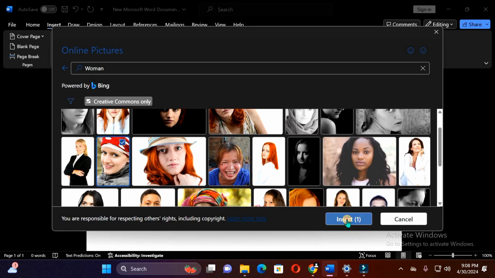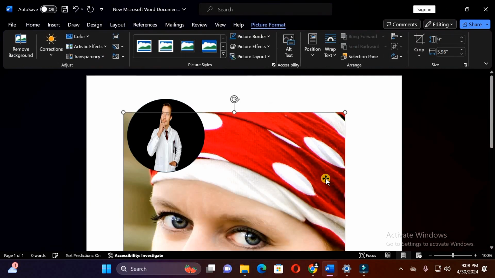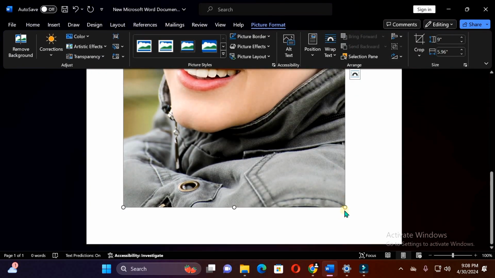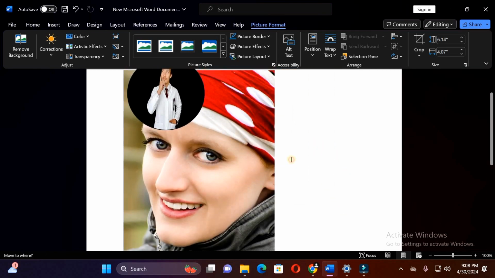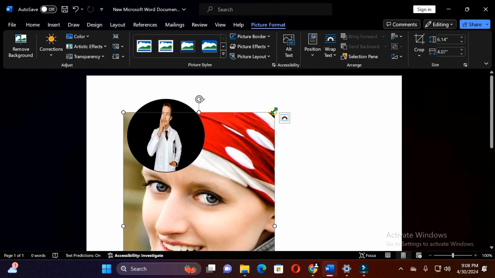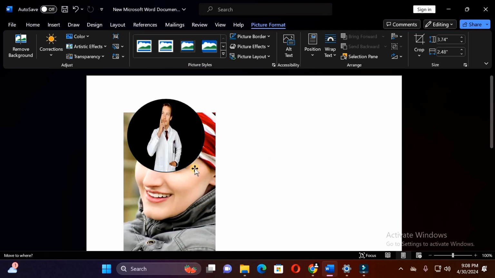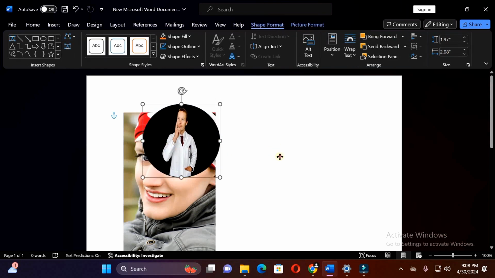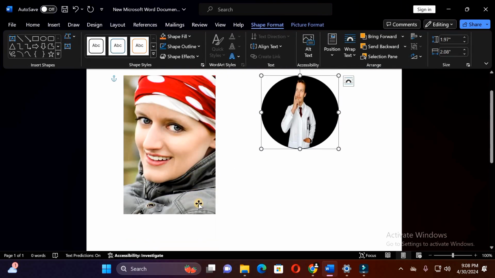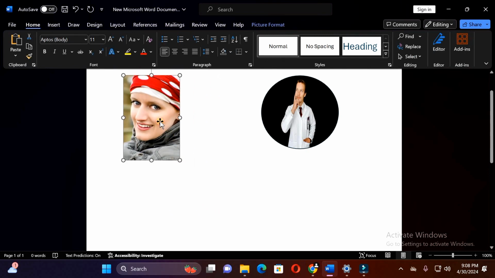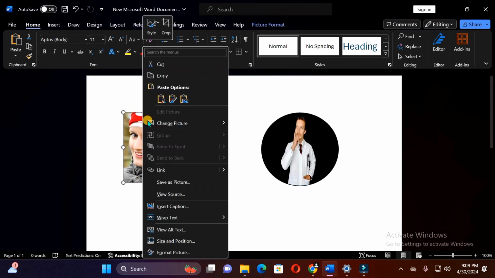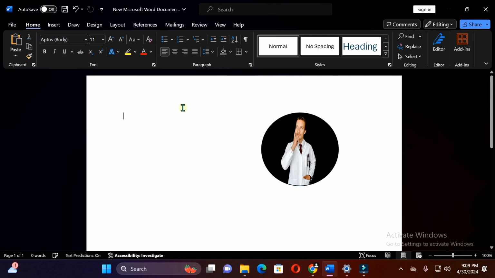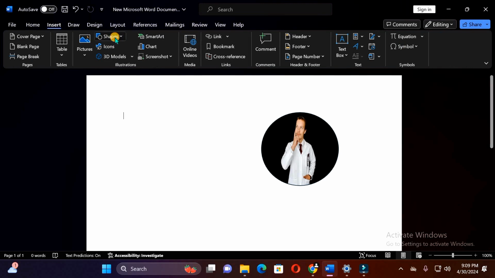So after selecting the pictures, click on Insert, and wait a few seconds, and after that you can adjust the size of the pictures. After adjusting the size, just right-click and click on the Cut option, and then click on Insert and then